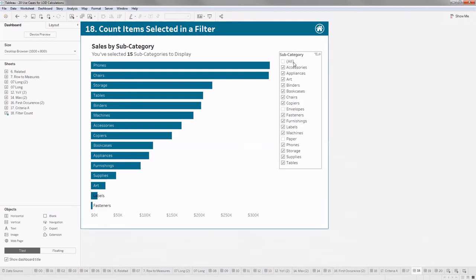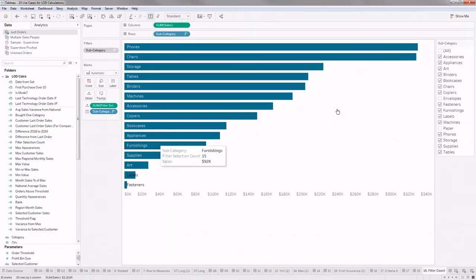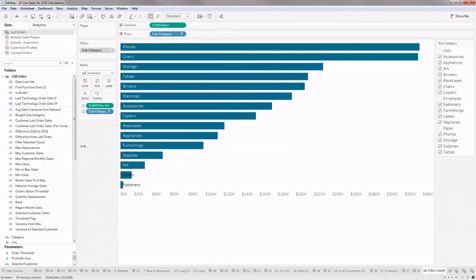In that case, we might want to show the client the number of categories or the dimension, like how many products or categories we have selected, and how we can get that number. It's a simple logic, but a practical use case. So let me explain how it's done. We don't necessarily have to have this view. This view is just for explanatory purposes. The logic is only in the calculation.